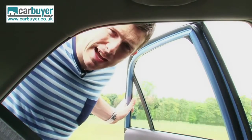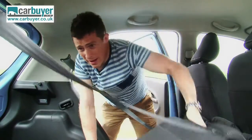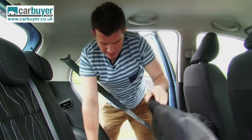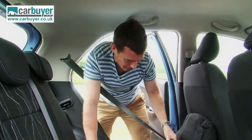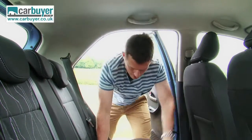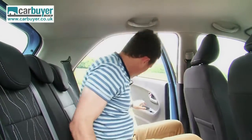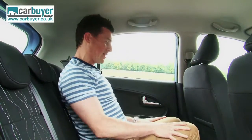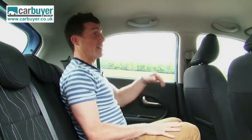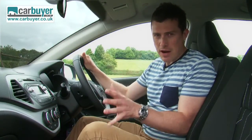Another good thing about the Picanto is that it's got large rear doors, and that makes life easier for you when you're having to faff about in the back. I don't know, do something like refitting the rear seats, or of course it'd be easier to install a car seat as well for a child. As for space for passengers, well, as you can see, knee room isn't bad really, neither is headroom, and I'm 5'10.5". This little Kia is also surprisingly spacious here in the front,